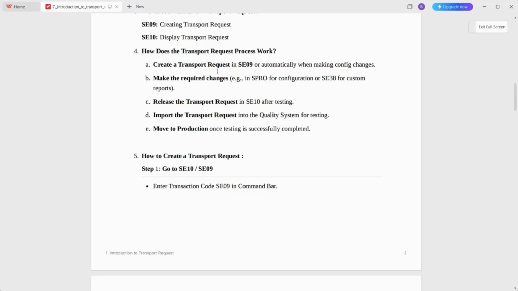So first we create a transport request using transaction code SE09, or it is created automatically. If you do not create one first, then when you configure or perform any activity in SAP, after you click on the save button, you are automatically